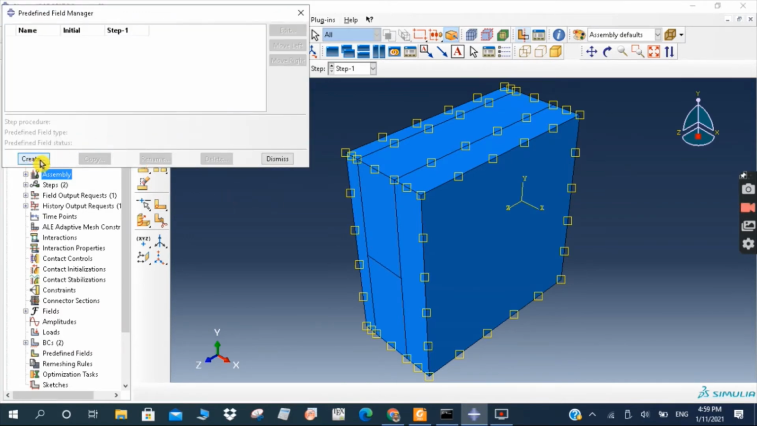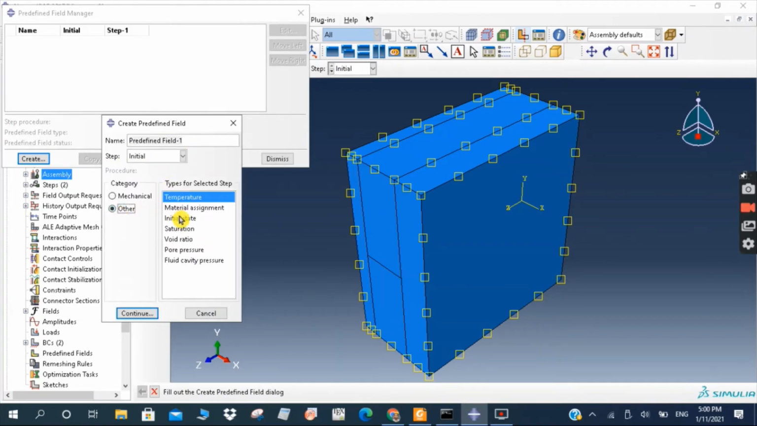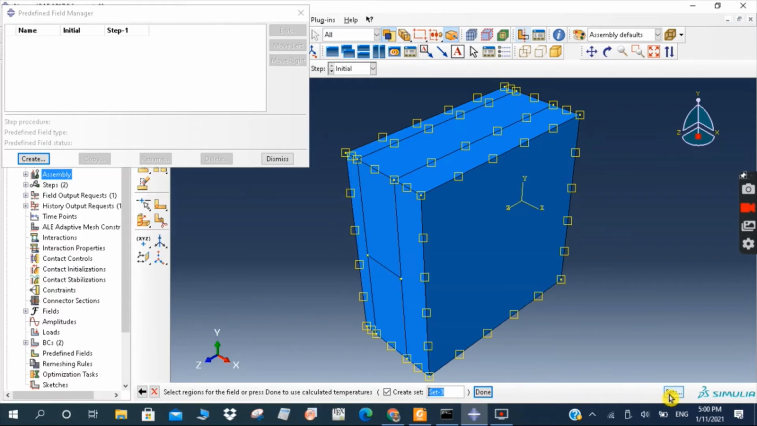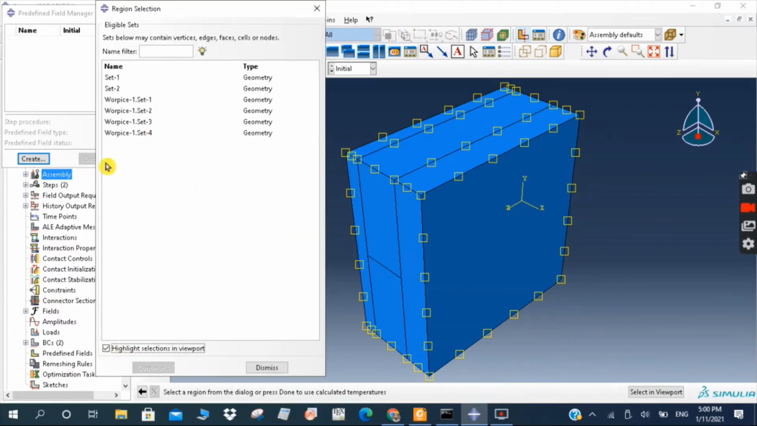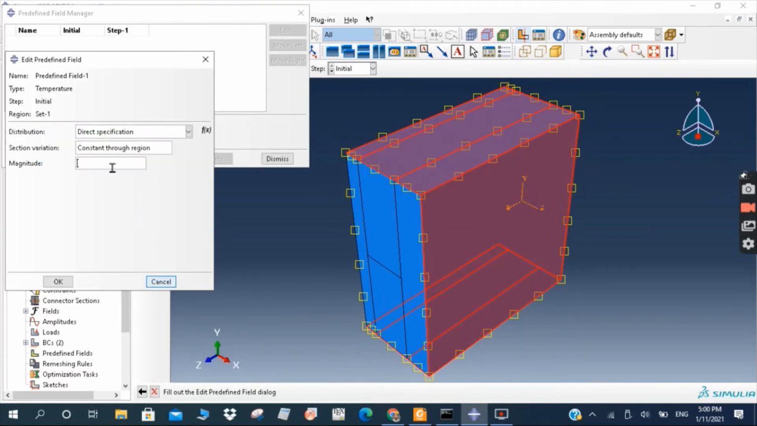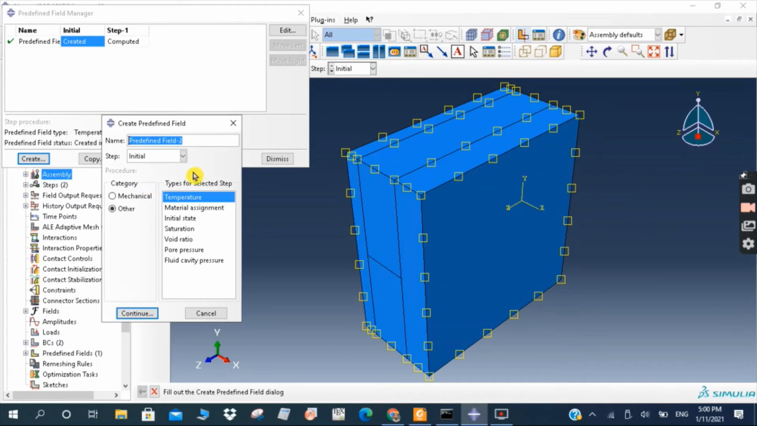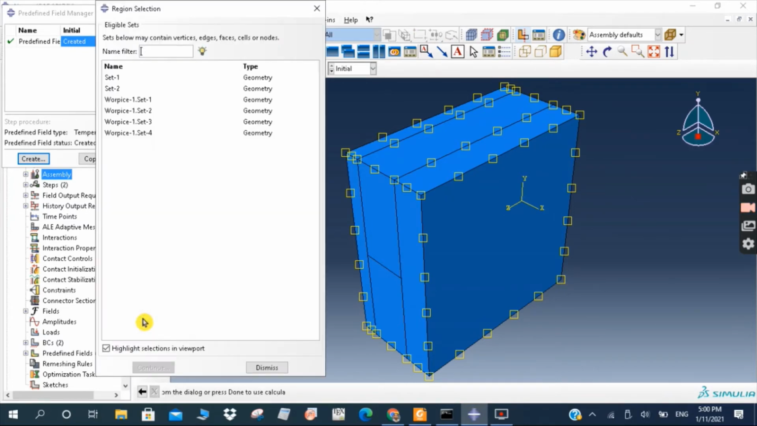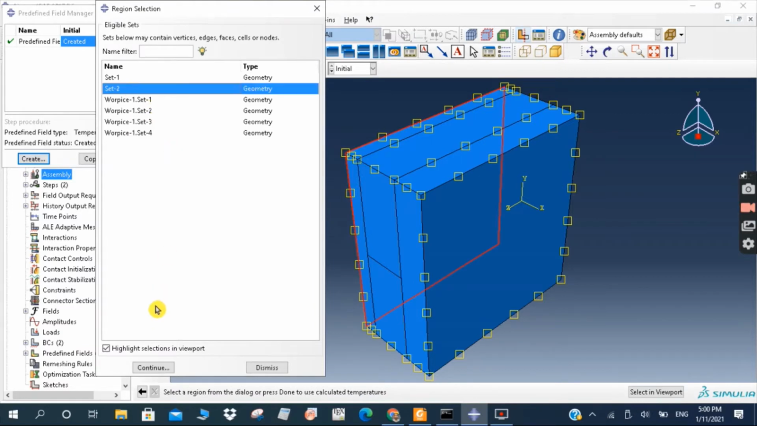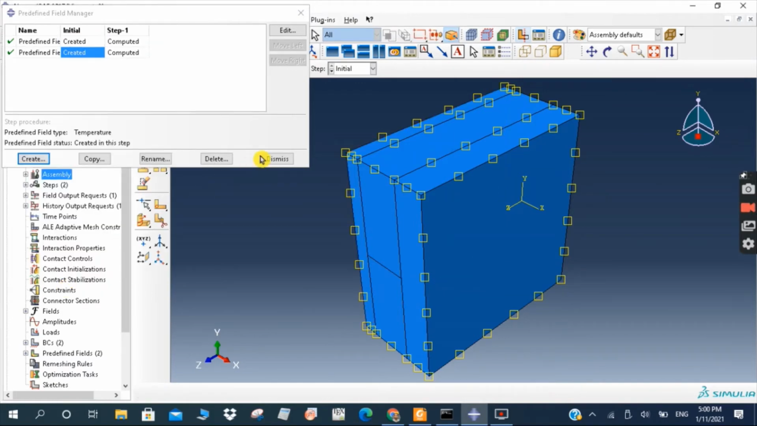So in this predefined field, you can choose initial, other, and temperature. You continue and select set. We create a set previously, so this set, rate okay, and the initial magnitude is 66 degrees C. In the same way, we create predefined field 2 in initial step and select this set 2. We put 370 degrees C. Okay, so